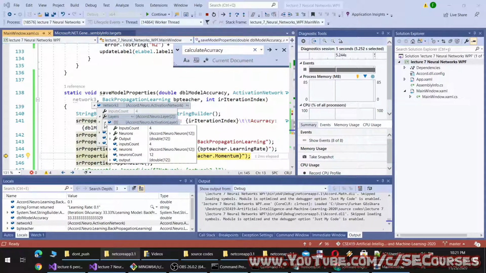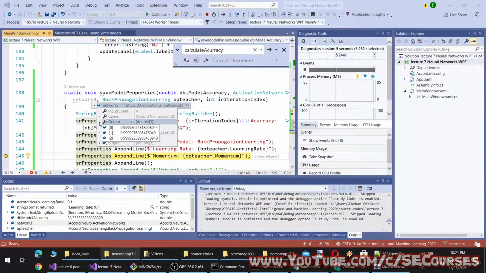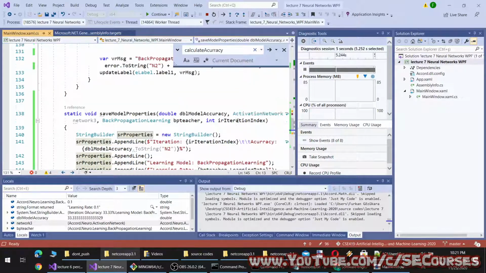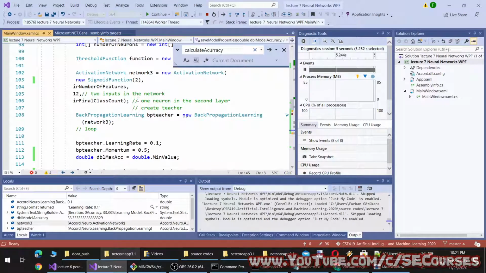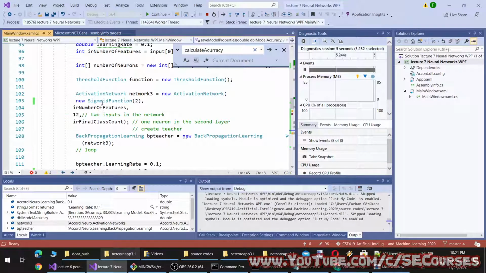Probably I can use layers count as well, and there is output. So I can get the layer count, input count, and yeah, no other information. And there is activation function, but probably I can't give it here. To be able to give that activation function, I have to define it differently.